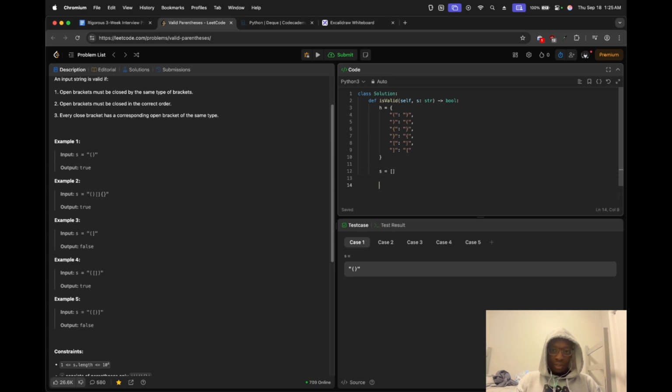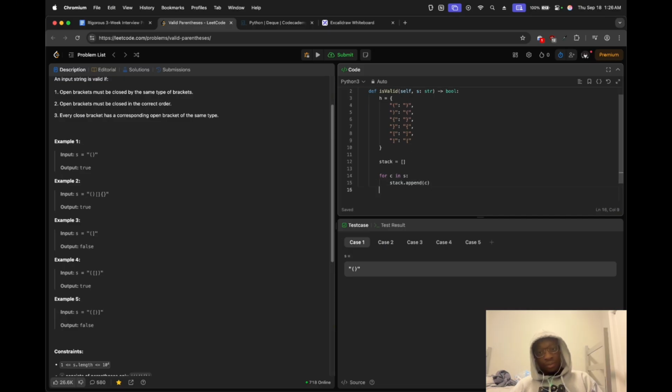This is gonna be the stack list. For C in, oh, we can't use S. For C in S, stack dot append C. Then we're gonna say for U in stack, stack dot pop U if